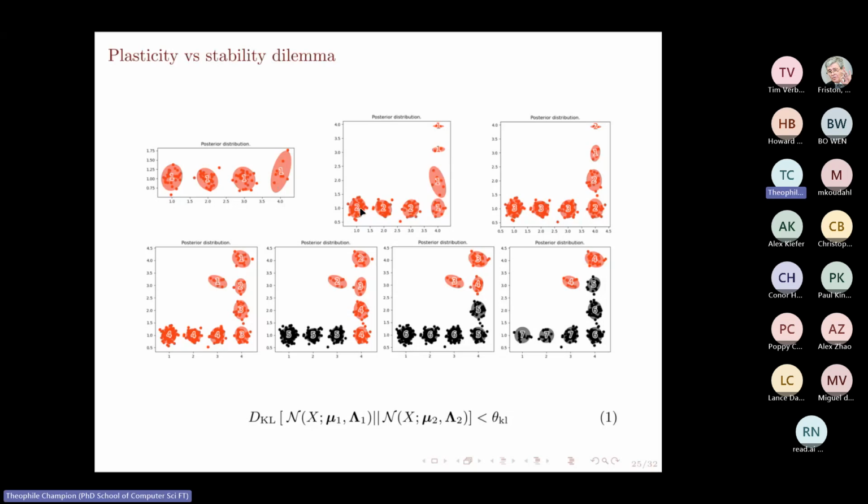Now the question is, how do we know whether a component has persisted over time or not? What we are doing is matching the component on the left-hand side with the component on the right. So this is a Gaussian distribution. This is a Gaussian distribution. We can compute the KL divergence between the two. And if this is inferior to a threshold, then we are going to consider that this component has persisted over